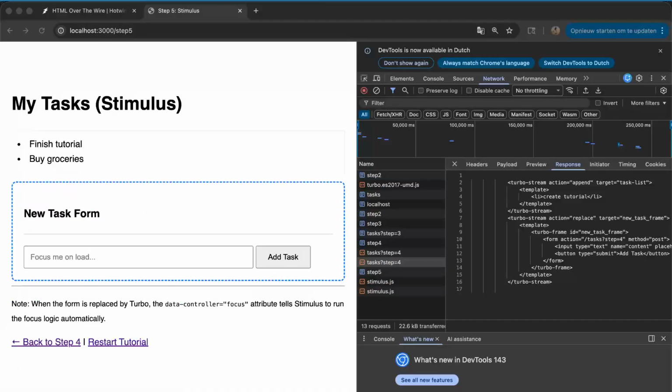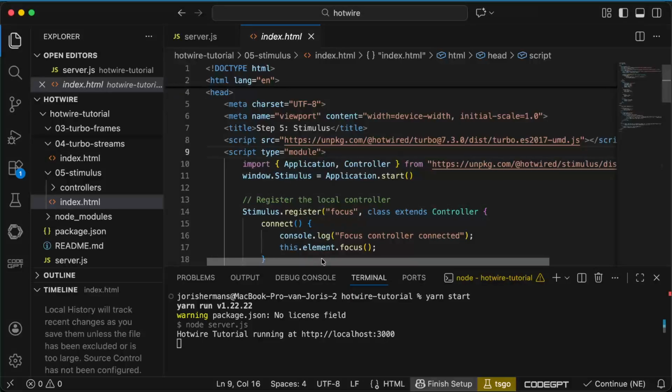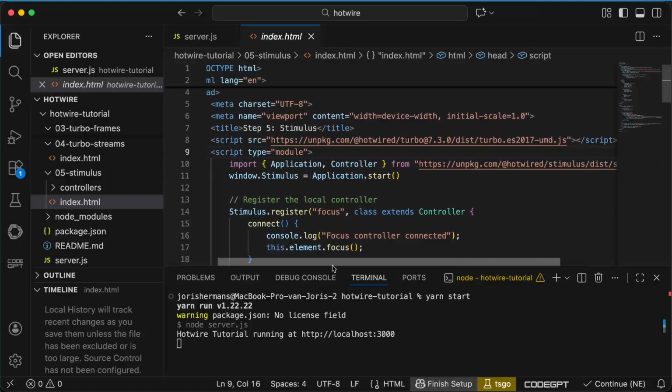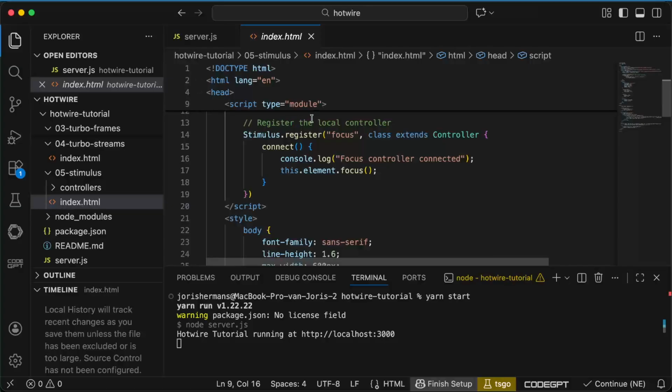The last one is step 5, and here we are using Stimulus. And for that we can create some kind of specific code in our application. So here we have our application in our controller. Here we have stimulus.js, Stimulus, we say application.start, and then we register the local controller, stimulus.register focus, we extend controller, and then we say focus controller connected this.element.focus. And within the controllers,